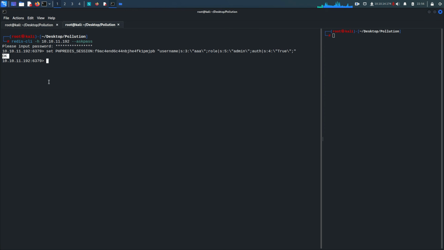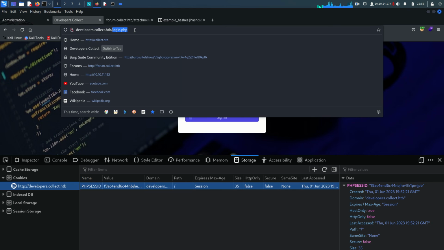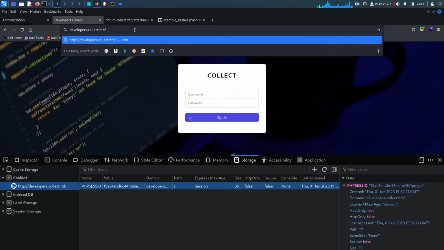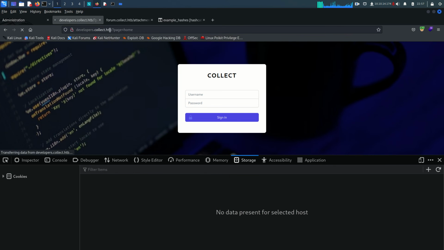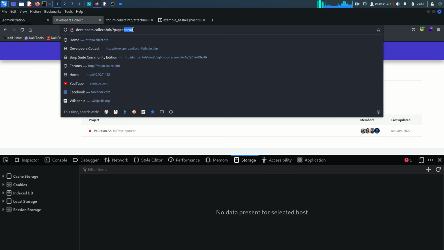That means we are ready to go. Now what we can do, if we come back here and take out this login, because we created a user, gave it the permission to authenticate equal to true, and set this user as administrator. So now this session ID is associated with that user. If I just refresh this page, now as you can see, we are logged in. So that means this application is associated with the Redis service, and there is home, and the